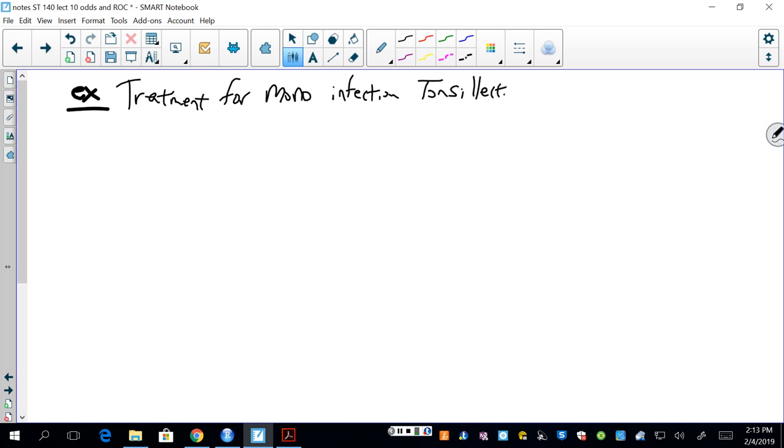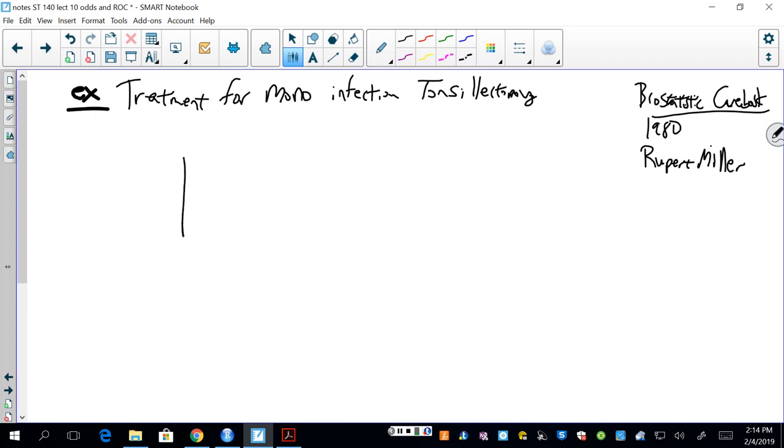If tonsils become affected and the virus is in there, it can recur. This is from a book called Biostatistics Casebook from 1980 by somebody named Rupert Miller, who was one of the founders of the statistics department and biostatistics department at Stanford. And so in this, they give this example